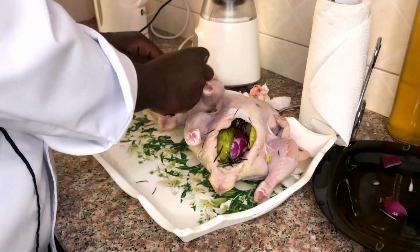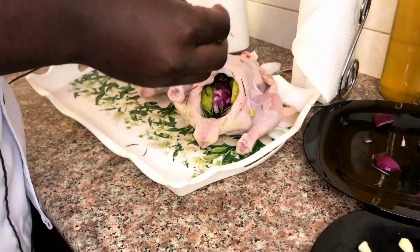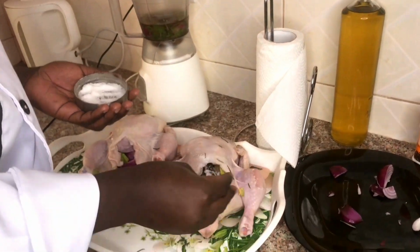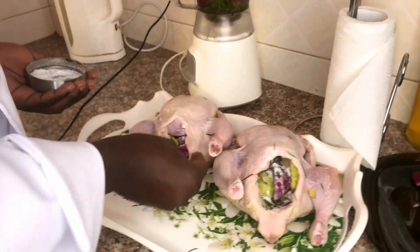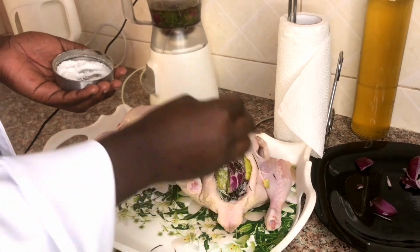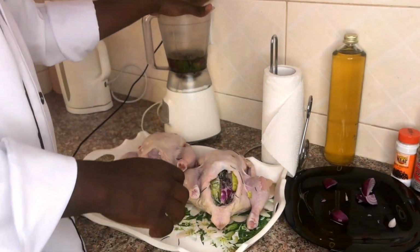Yes. So basically that is what we are doing here. Then we're going to throw in a little bit of salt, some other salt, to give the stuffings a little bit of flavor. Yes. We are going to blend our